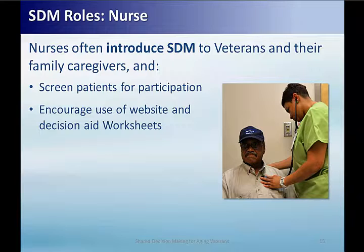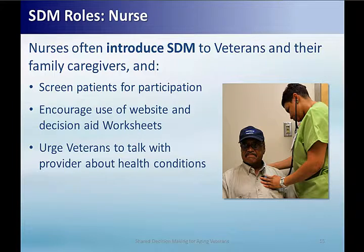It is valuable for them to convey the value of these worksheets to the veteran and their family, to explain that completing and discussing these worksheets among themselves will lead to more beneficial discussions with their care team and better choices for them. Nurses may also note whether or not the veteran and their family seem to understand the veteran's